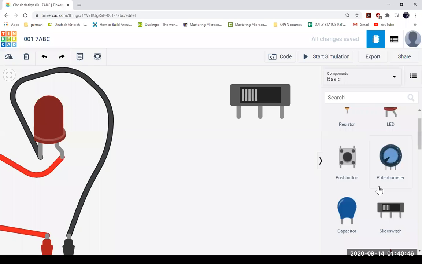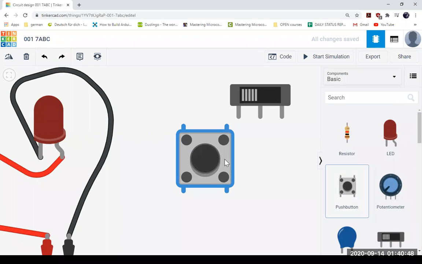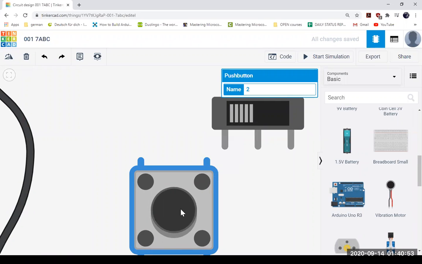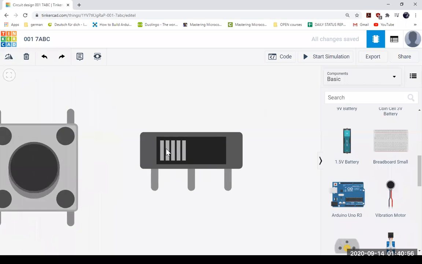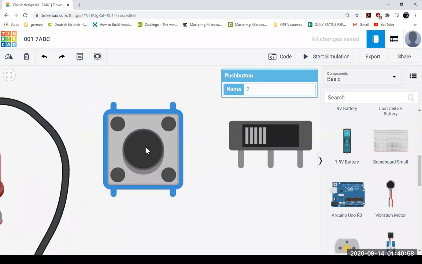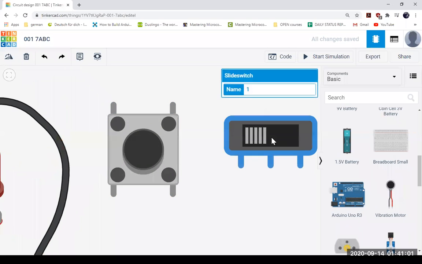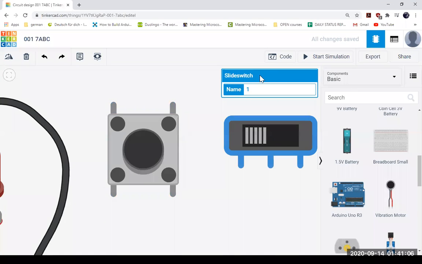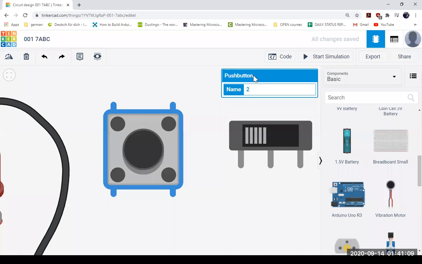So actually there are a few different kinds of switches. This is a push button, and this is a slide switch. Okay, so what is the difference between them? We call it a push button. If you want to see the name, you can just click here and you can see it is the push button, and this one is a slide switch, right? So what is the meaning of push button? From the name you can say that whenever we push it, it will turn on. Okay, and then whenever we remove our finger from the button, it will be turned off. This is how it works.